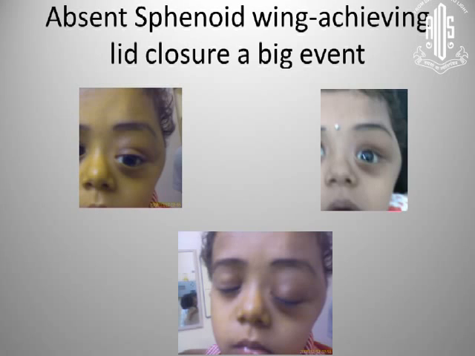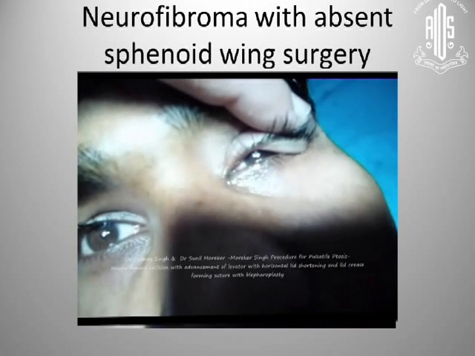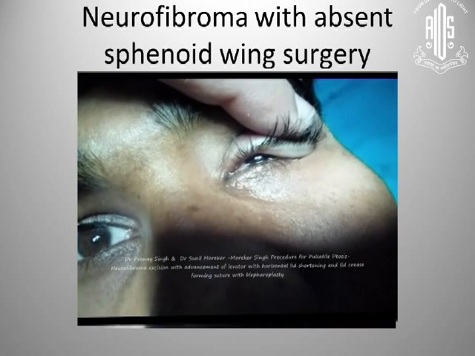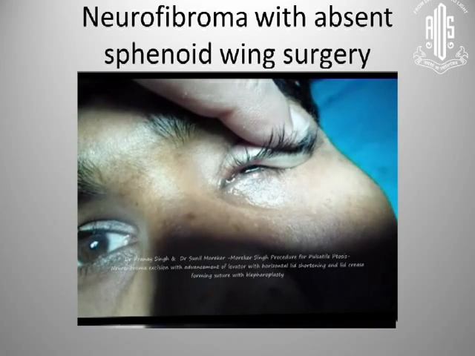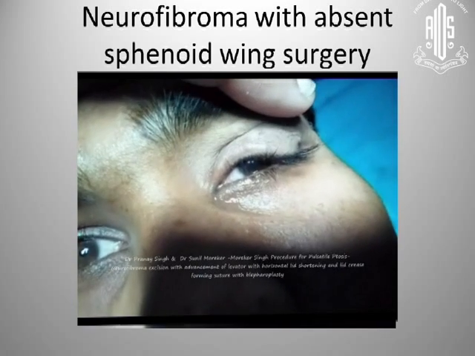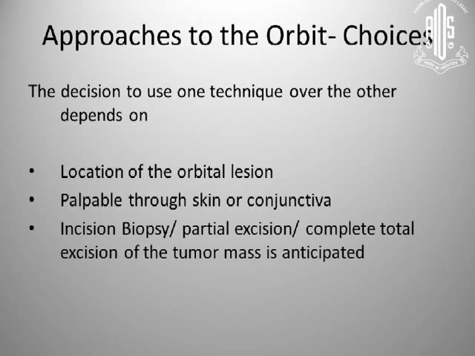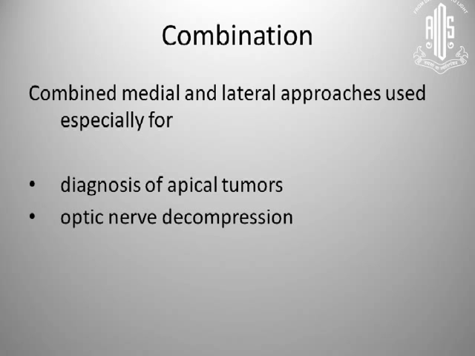Surgeries of lid neurofibroma, again, have very high potential for amblyopia. This patient with a lid neurofibroma had an absent sphenoid wing, and the surgery done in such a case should be extremely meticulous, bearing in mind that there will be no bony obstruction between the orbit and the brain. So there are more further advances in therapy of each and every individual tumor, which I will not go into detail with. And the approaches to the orbit will be covered by Dr. Morekar in his subsequent lectures.